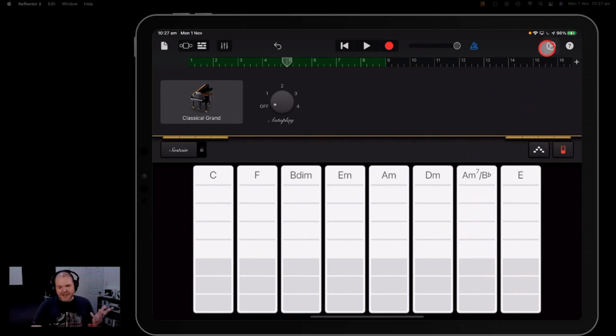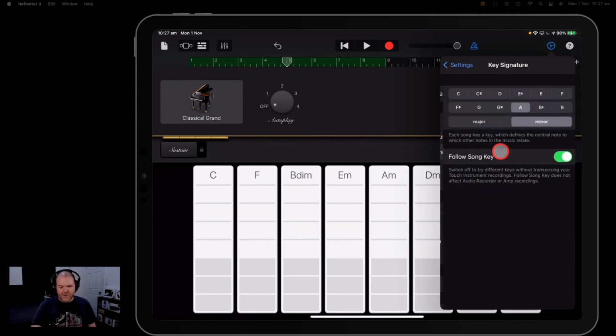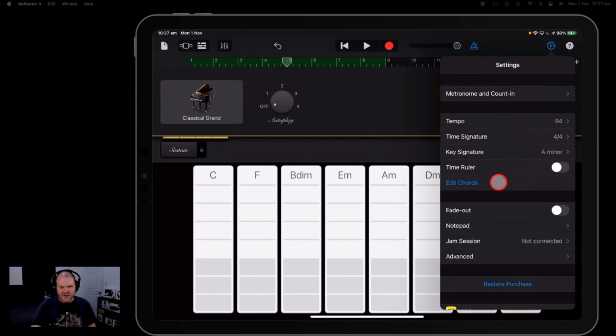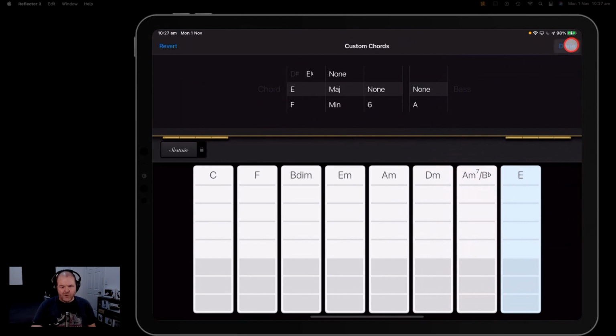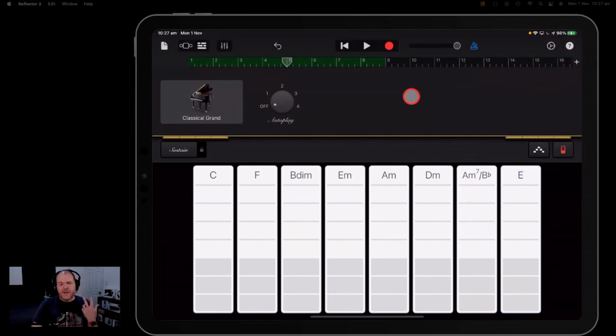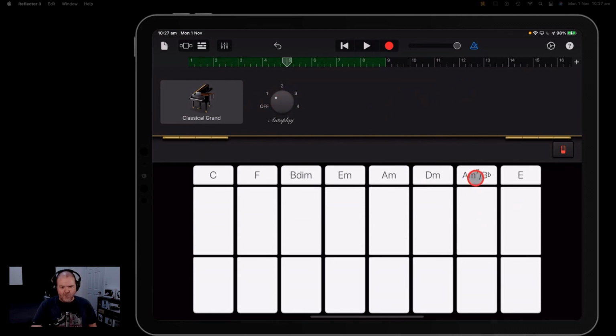So that's pretty cool. So your key signature here in GarageBand and your edit chords function are both very handy here if you're not a keyboard player, but you want to play some cool keyboard sounds. And don't forget, you can even use your autoplay here, and your autoplay can be customized to these ones. So you can get yourself,